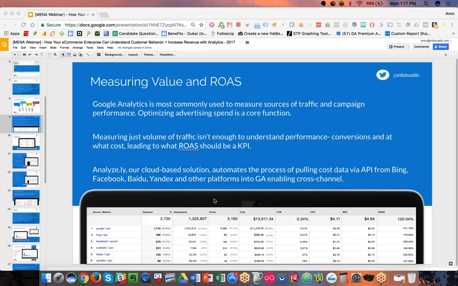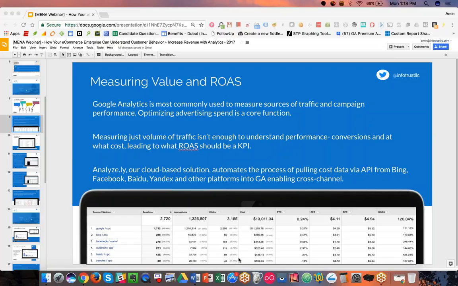These metrics alone, Google Analytics would not be able to capture or see by default. Google Analytics only fires or loads when the site or app is actually visited. So the impressions, how many times an ad is seen, but maybe not clicked, or even how many times it's clicked, doesn't necessarily get tracked by Google Analytics. Only the session or the visit once the user arrives is tracked. And especially cost, that lives in your advertising platforms.